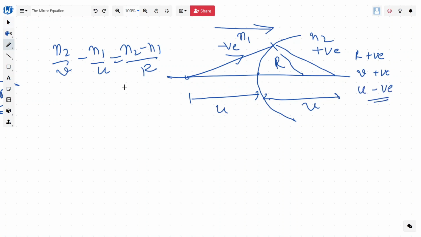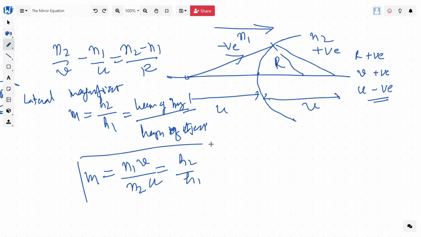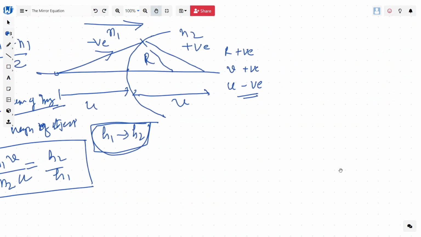We also said that the magnification in this case, which is the height of image divided by height of object, the lateral magnification, is also equal to n1v divided by n2u. So this is also equal to h2 by h1, and we can find where the image will be formed and of what size or height. Given the height of the object h1, we can find the size of the image h2. So we use that formula with refracting surfaces,